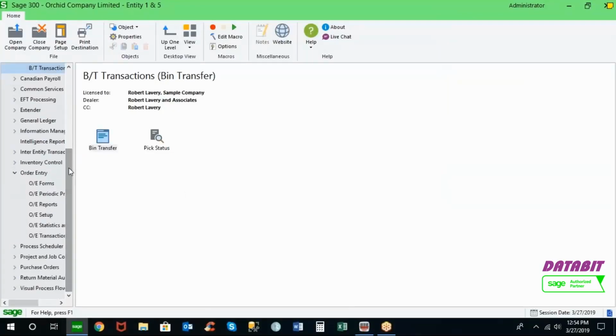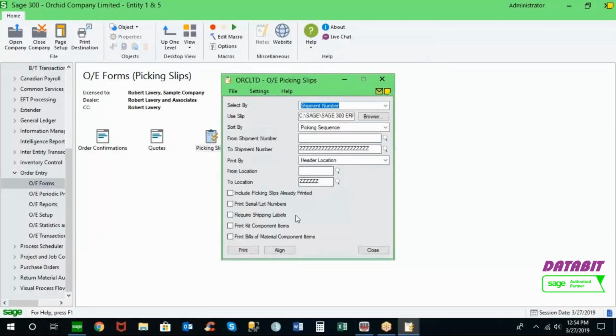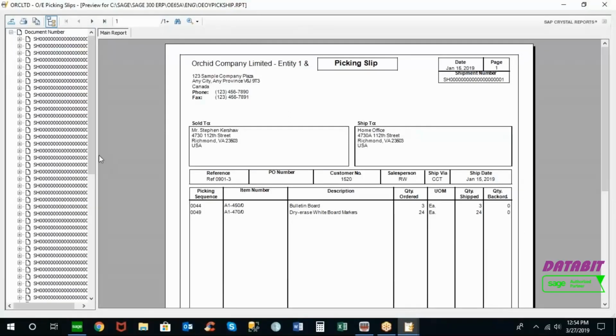So if that's the case, then there are pick, pack, and ship solutions available for Sage 300 that allow you to see the bins prior to posting the shipment. We can talk about that a little bit more if there's a question at the end of the session. But I just wanted to show you that we've provided customized picking slips and other forms within the OE module that will show the bins that we're picking from when we do shipment entries